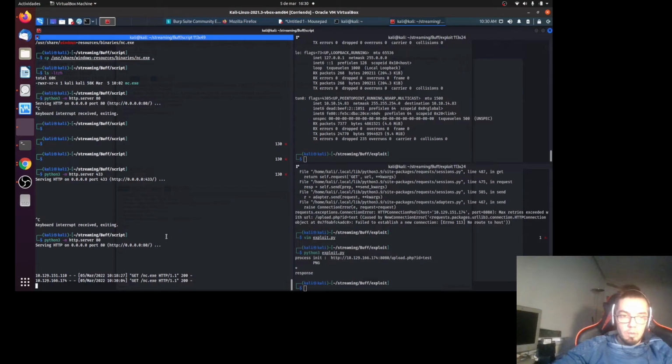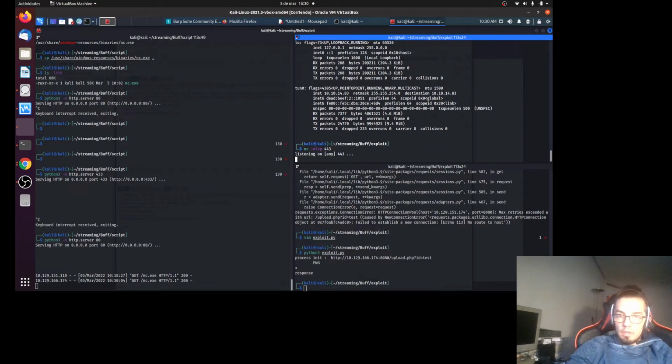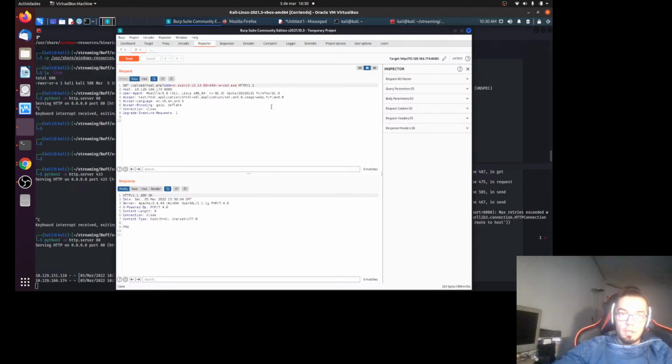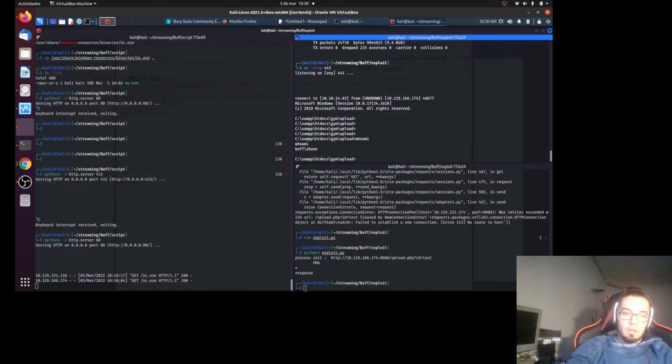So at the port, maybe here, netcat at port 4043, we are going to obtain a reverse shell. Yeah, who am I? So right now with netstat -an